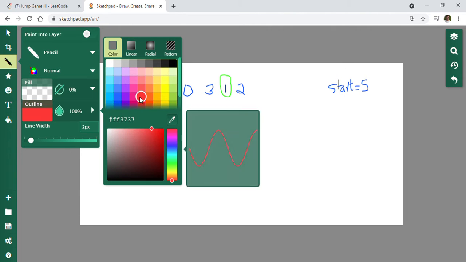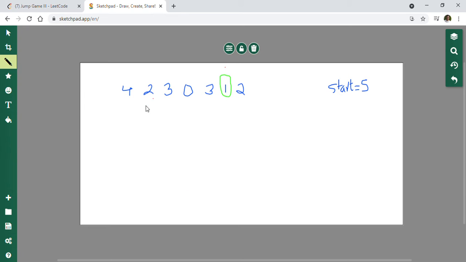So this is position 0, this is position 1, position 2, position 3, position 4, this is position 5, and the 2 is position 6, which is the last position of the array.